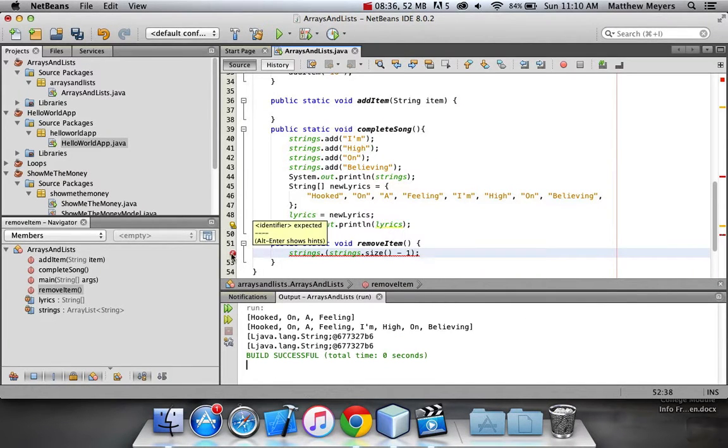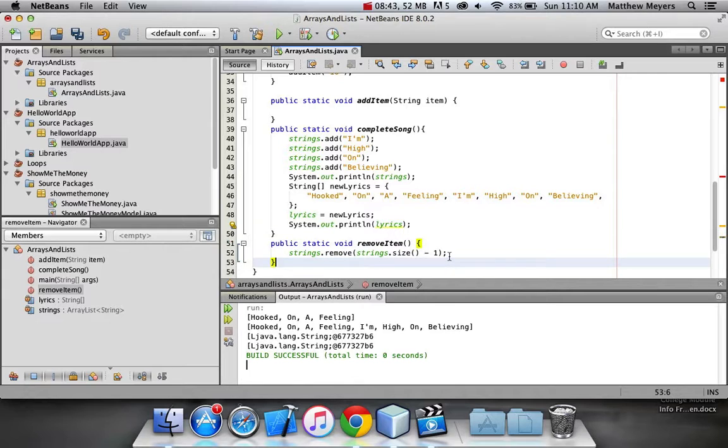That's still an error. Oh, it's got to be remove. Okay, so it takes an integer. The integer is the index of the element you want to remove. This will remove the last one. If you want to remove the first one, you could type 0, and it'll work just fine. And then if you print it out, you should get